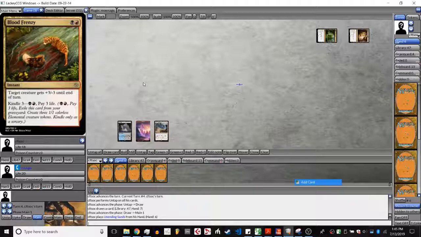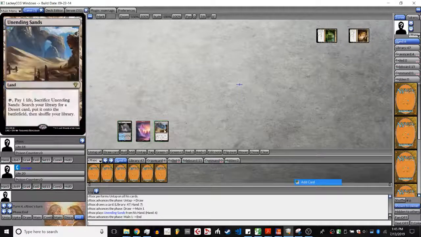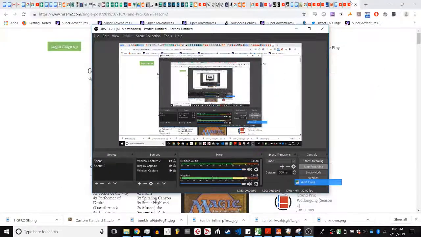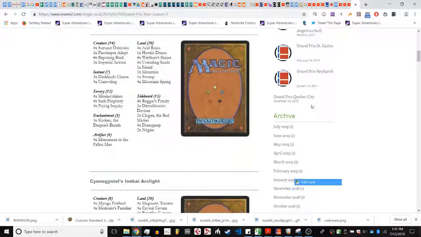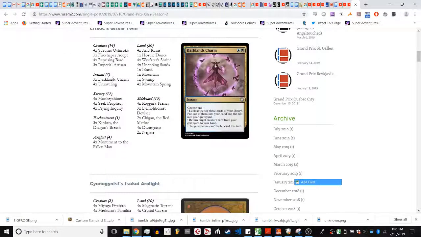So right now, cftsoc essentially was able to cast Brainstorm on a body, but then Monger killed it with his Blood Frenzy. And cftsoc opting to not play anything. Okay. I know he does have some instant speed interaction in this list. Yeah, he's got Darklands Charm and Unraveling, so